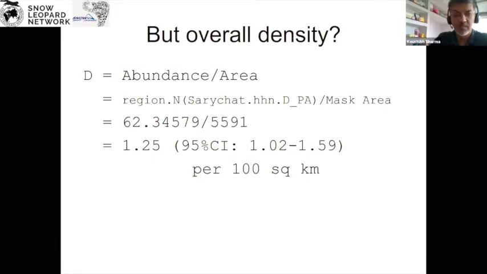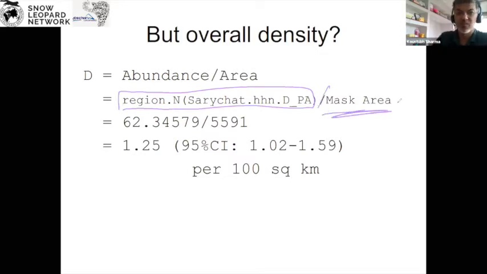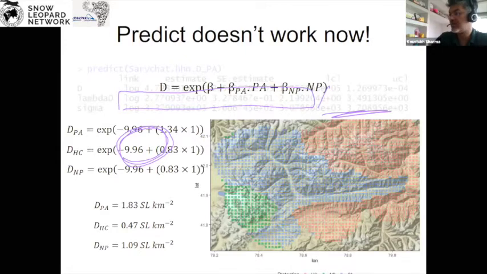Now, what about density? So how do we estimate density? It's a very easy or a slightly convoluted way to do that. You estimate the overall abundance from your study area by region.N, and you divide it by the total mask area. That's all you need to do. Once you do that, you will end up with the average density of 1.25 snow leopards per 100 square kilometers. What you can also do, which is another fascinating opportunity here, is